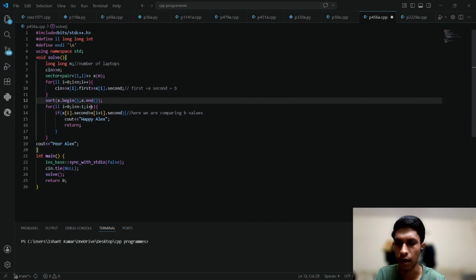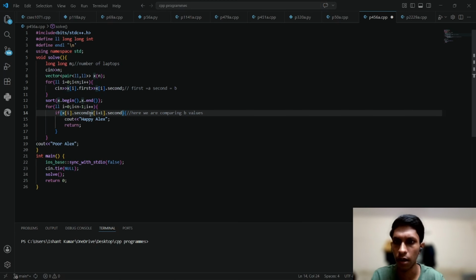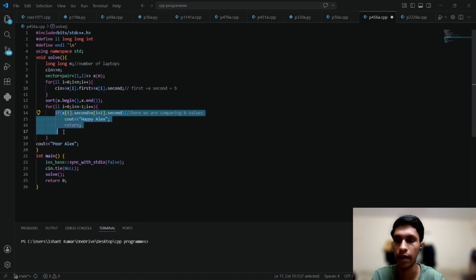So we'll just start an iteration up to n minus 1, since we have to compare the current element and the element next to it. That's why I've taken n minus 1, and I'm comparing all the b values with all the next values. And if I find any quality of the laptop